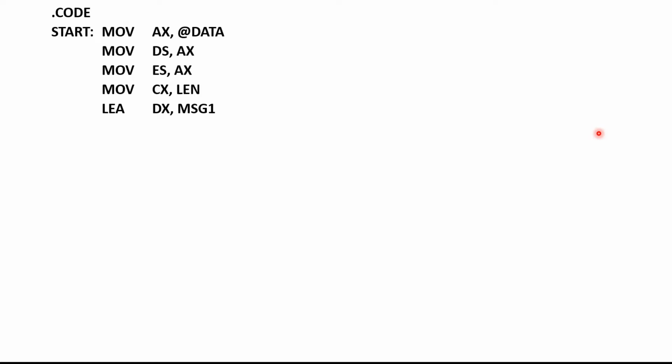INT 21 can be used for input from the keyboard and for display purposes. If I want to input a character from the keyboard, we load 01 into AH, INT 21. To output a character, 02 into AH, INT 21. To output a string, 09 into AH, INT 21. To input a string, 0A into AH, INT 21.